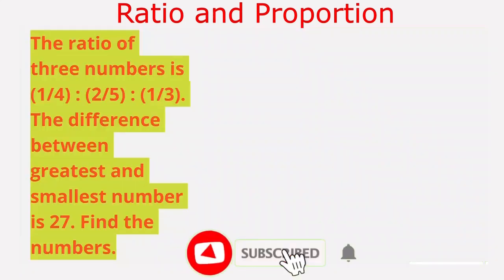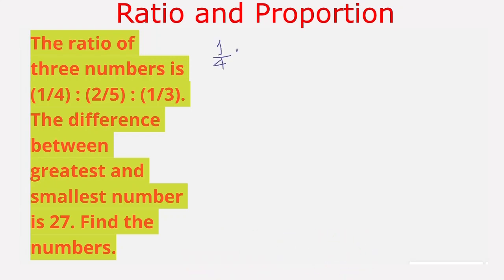We convert the ratios which are given in fractions into whole numbers. 1 upon 4 ratio 2 upon 5 ratio 1 upon 3. If we multiply all these fractions by LCM of 4, 5 and 3, which is 60, then we get 60